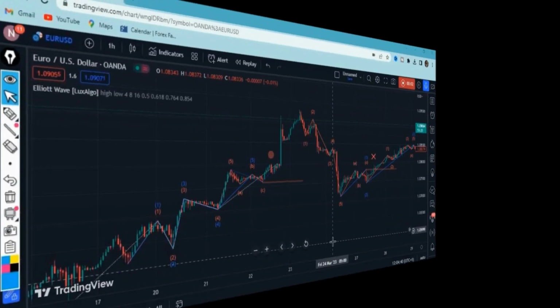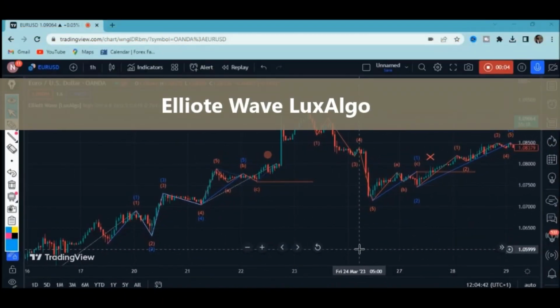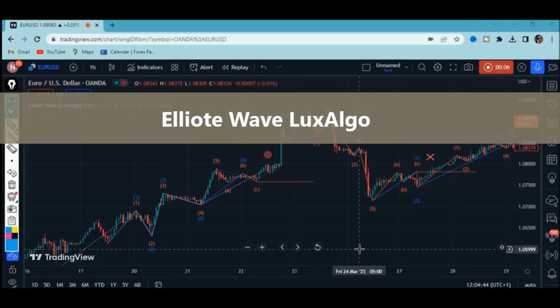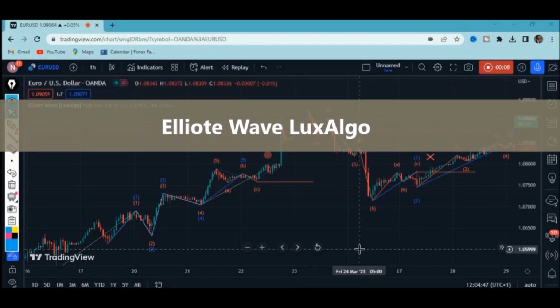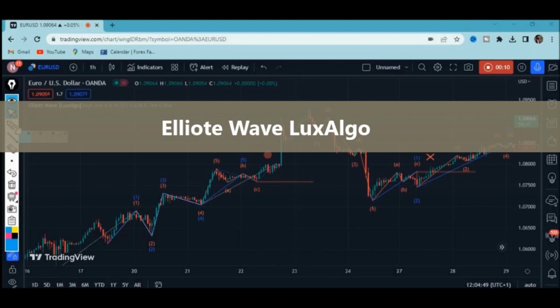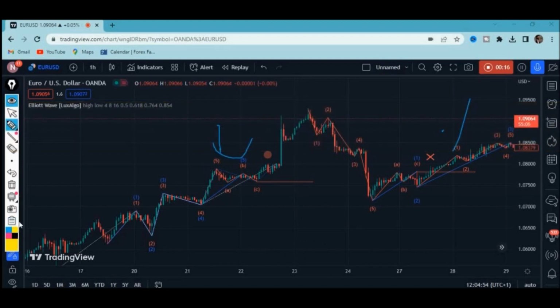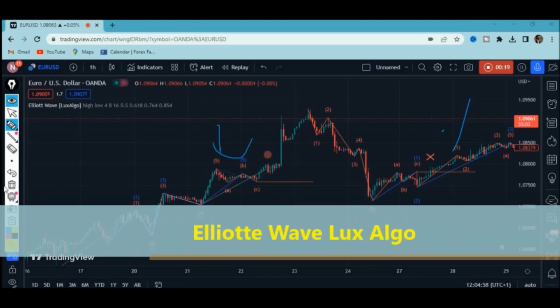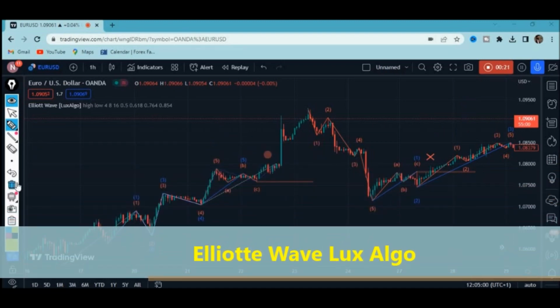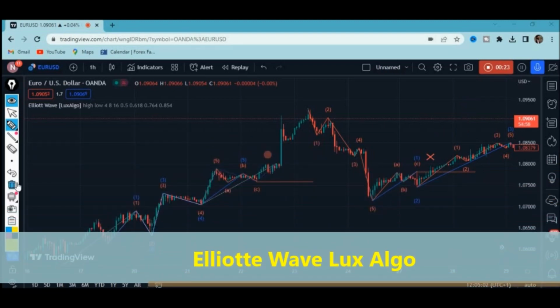I want us to look at this brand new indicator by LuxAlgo by the name Elliott Wave. And so guys, there is a lot we really need to understand about this indicator, because this is how it looks when you insert it right on your chart, and basically it can really create confusion. So I just want to break down each and everything we can see on chart so that we can understand